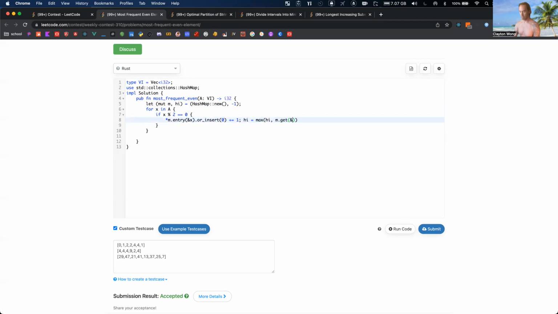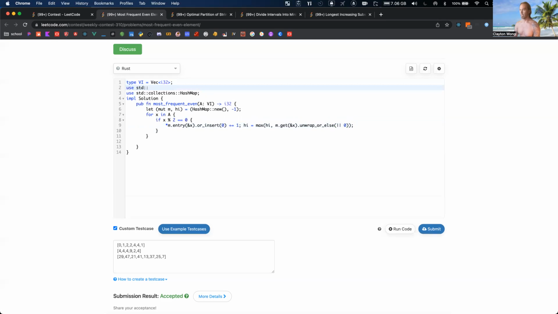M dot get x dot unwrap or else 0. Something like that. I'm pretty sure I'm gonna have to come back and fix this because there's a good chance there's compile errors. That's how I code in Rust. The compiler tells me what to do. Okay, so if